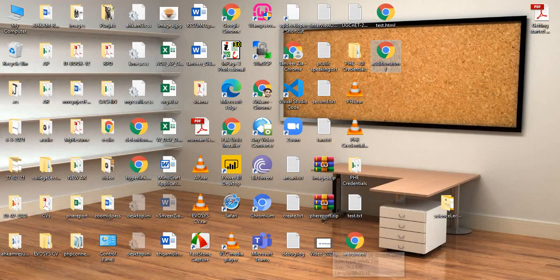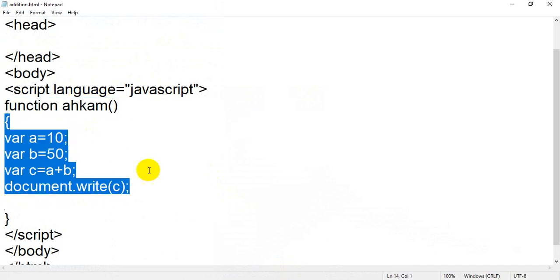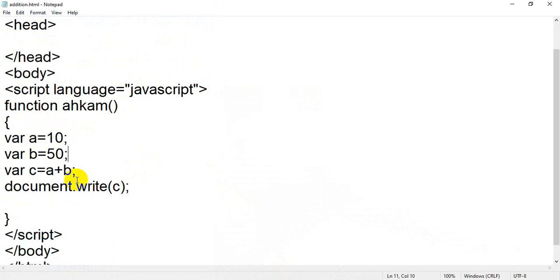Because the addition of two numbers is written inside a function. So this is the function, and this is the body of the function. This will not execute until you call this function.